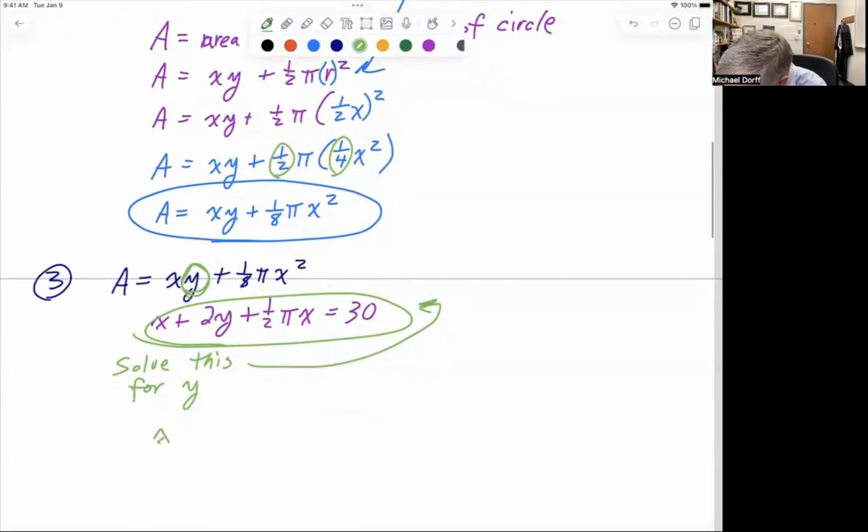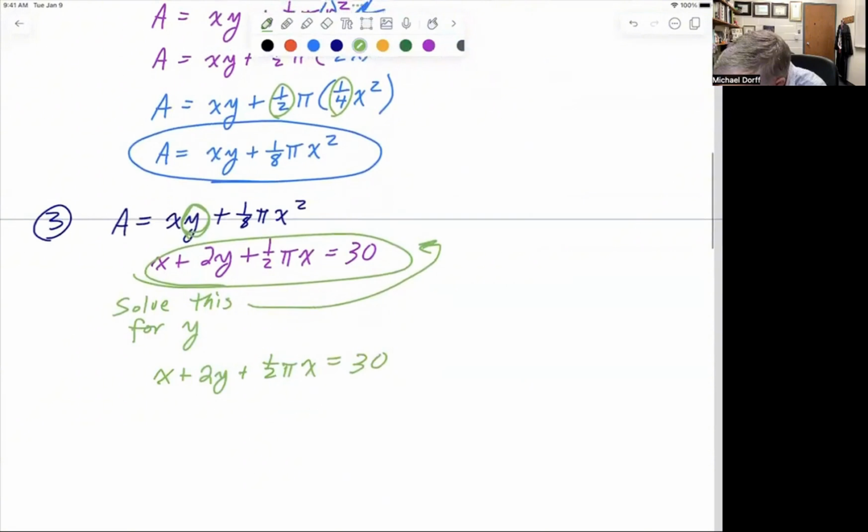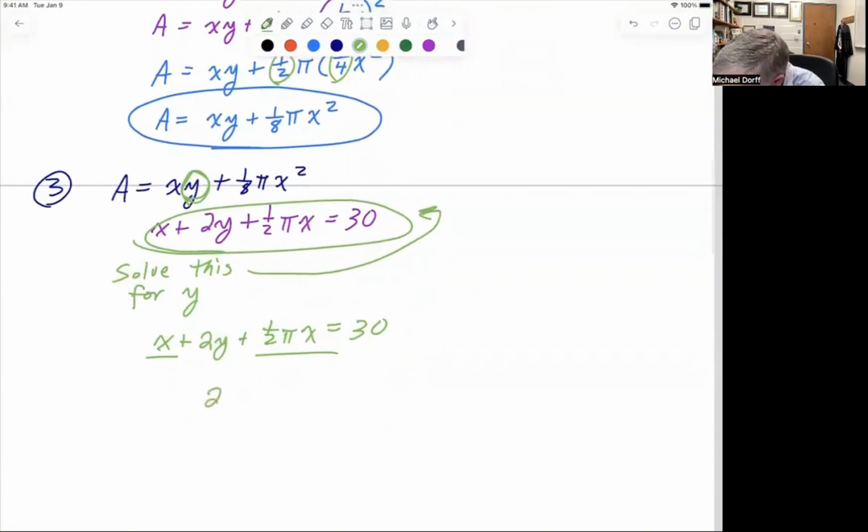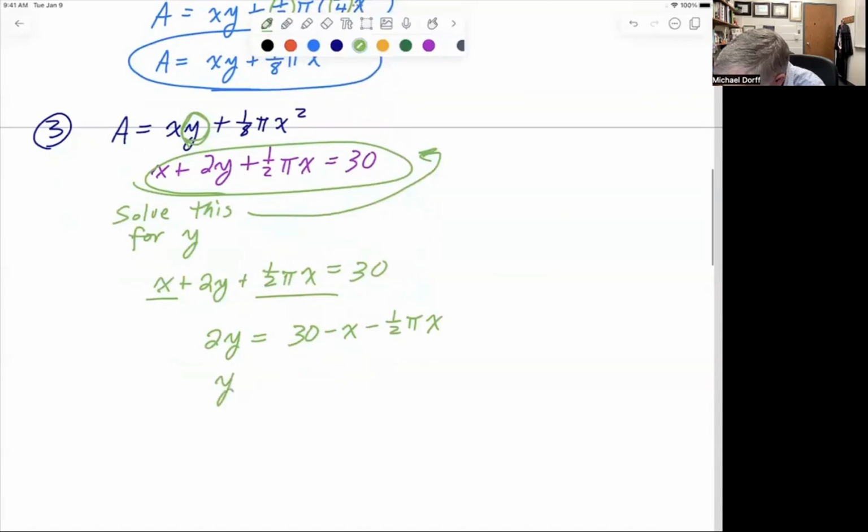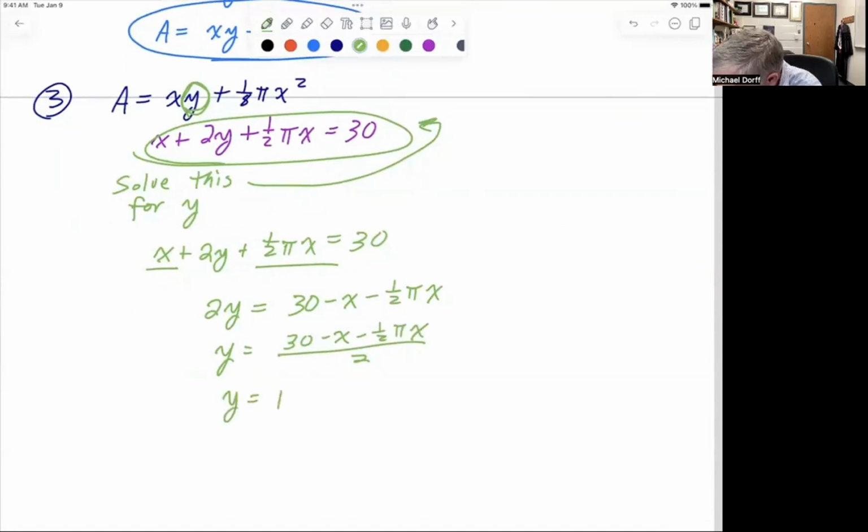So we have x plus 2y plus 1/2 pi x equals 30. I want to solve for y. So I'm going to subtract the x and the 1/2 pi x, bring it to the other side. I get 2y equals 30 minus x minus 1/2 pi x, and divide by 2. So then I'm going to get 30 minus x minus 1/2 pi x over 2, which I can also write